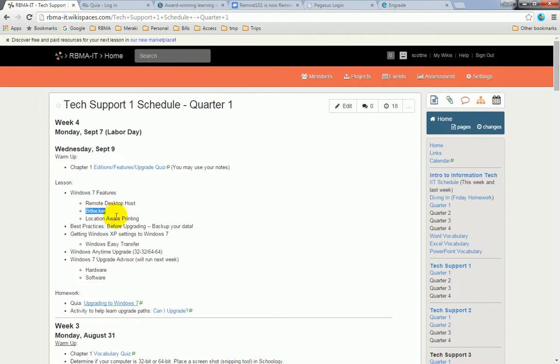BitLocker. BitLocker is not available in Windows Professional. In order to get BitLocker, you must have either Ultimate or Enterprise. These two editions allow you to enable a feature called BitLocker. We will get more in depth with BitLocker at a later time, but in summary, what BitLocker does is it allows me to